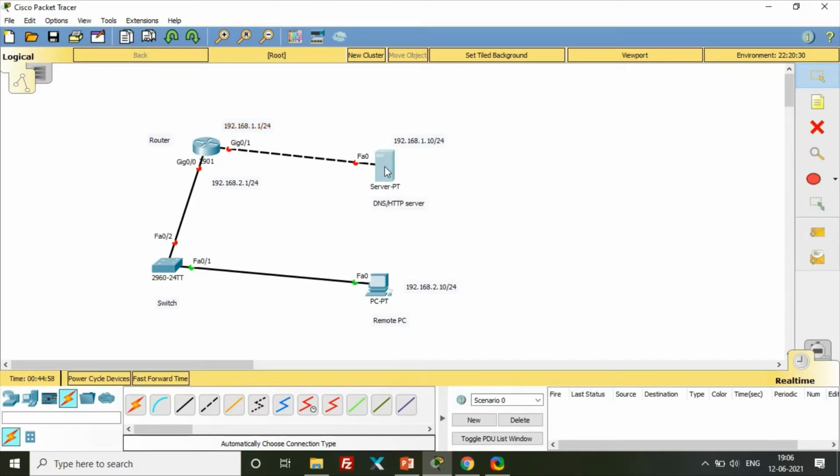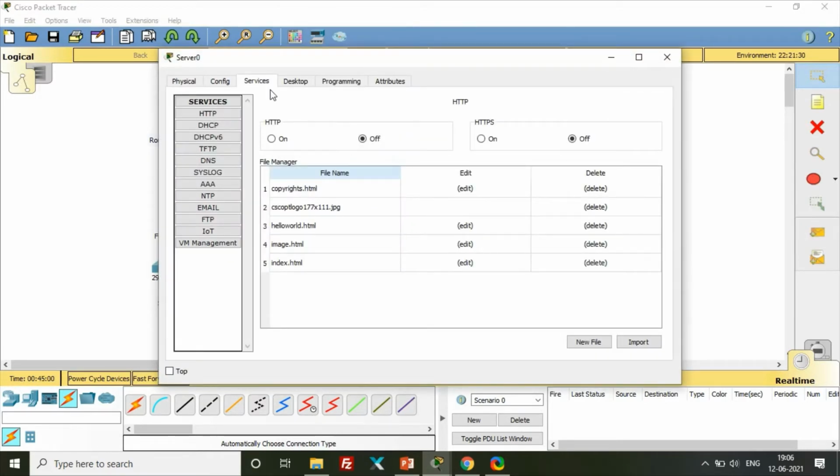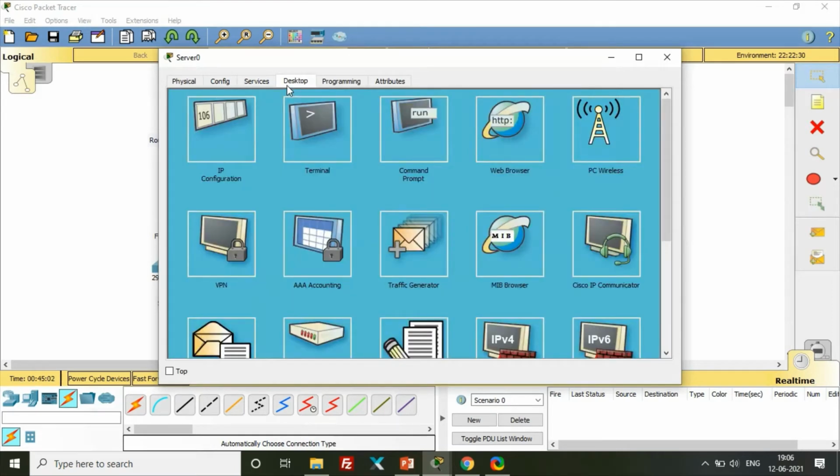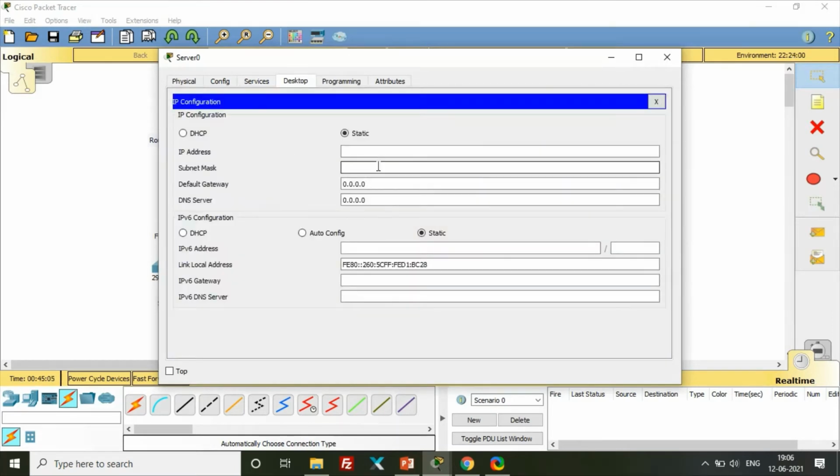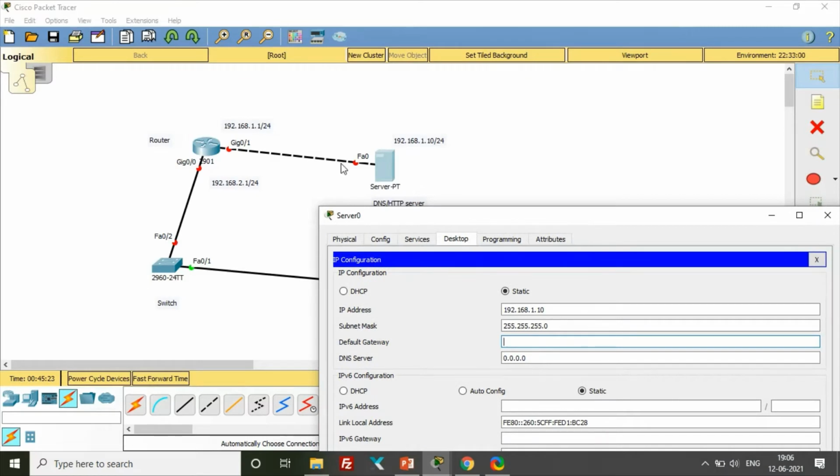Click on the server, go to Desktop, IP Configuration, and put the IP address of the server, 192.168.1.10. The subnet mask will automatically appear, and for the default gateway you can put the router port's IP address.